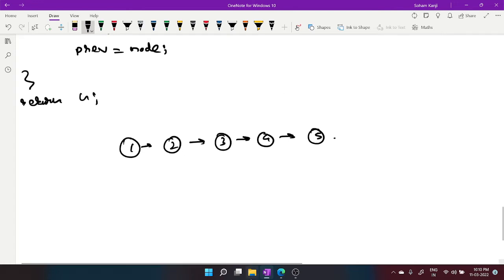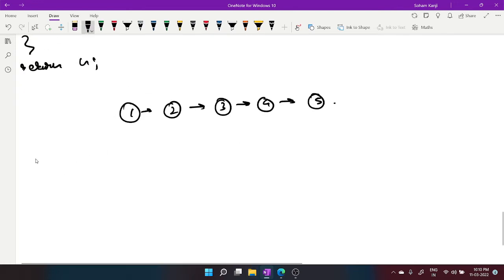Okay, so we have k equals 2, and we then take k first. Initially we calculate the length of the linked list, which we can do by simply traversing the linked list and keeping a variable, and every time we come across a node, we increment it by 1. So let's say we have n, which in this case will come out to be 5, and then of course as per our code we will perform k mod n,